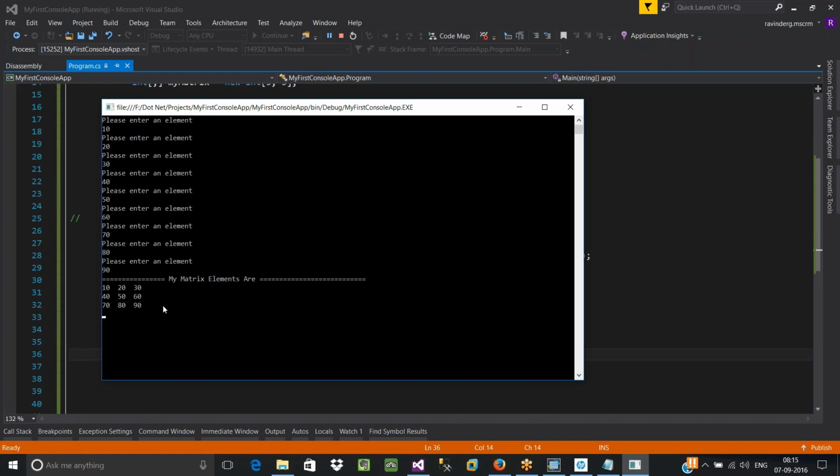See, now you can see the exact array format, like table format. Here we have 3 rows and 3 columns.